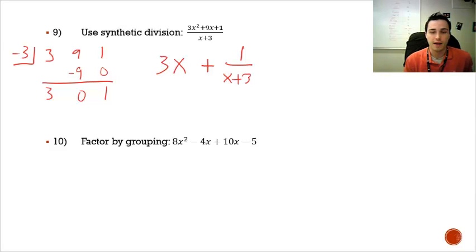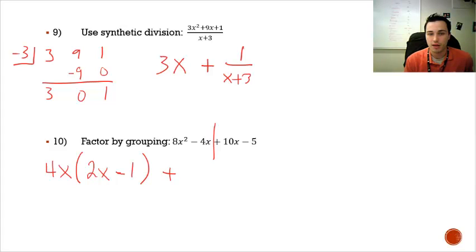And then finally, factor by grouping. So we need to look at this, let's kind of split this problem in half. And on the left-hand side, figure out the greatest common factor, which would be 4x. So I factor out a 4x. If I factor that out, then 8x squared divided by 4x is 2x. And then 4x, when you factor out the 4x from that, you just get a 1. It'd be minus 1. Keep the same sign here as the one here in the middle,